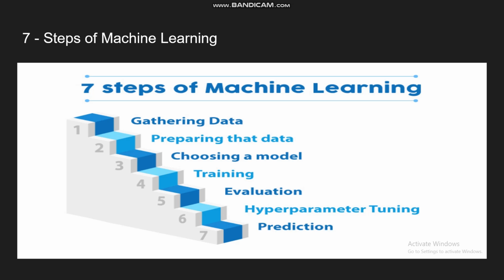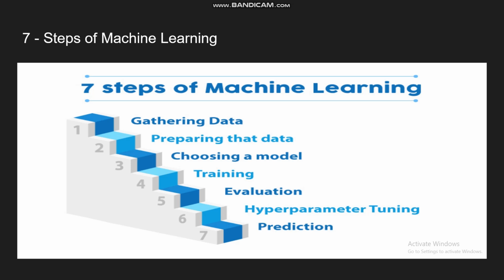So in the evaluation part, you are checking how your model is performing in terms of accuracy and loss. Hyperparameter tuning is needed whenever your model is not giving good accuracy, or whenever it is overfit or underfit. I will explain overfit and underfit in the next video, so just focus on that. In hyperparameter tuning you change some parameters so that you get better accuracy, or so that the loss decreases and becomes less. So this is hyperparameter tuning.